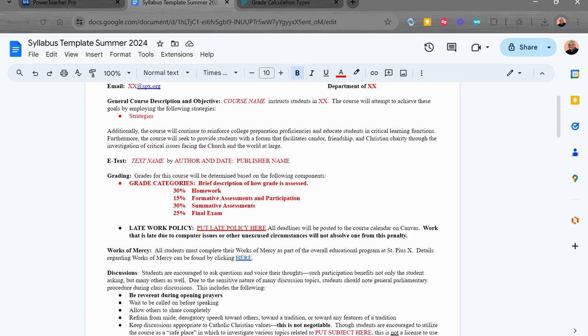So within the weighing, Power School is going to convert the calculation. If you did a homework assignment 10 out of 10, it's going to convert that to a percentage, and do some calculations to get 30% of that to apply to the final grade. So you can still use points and have